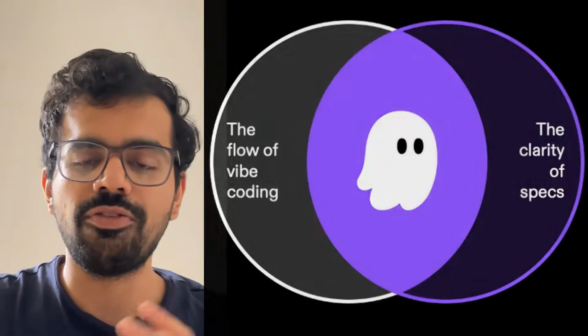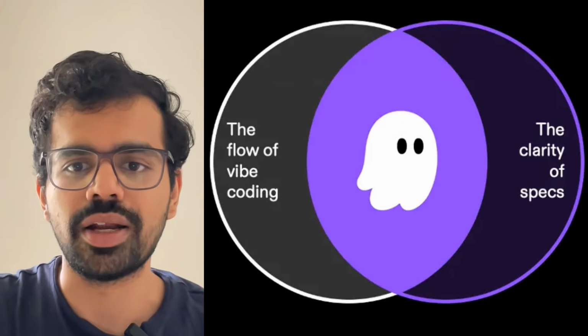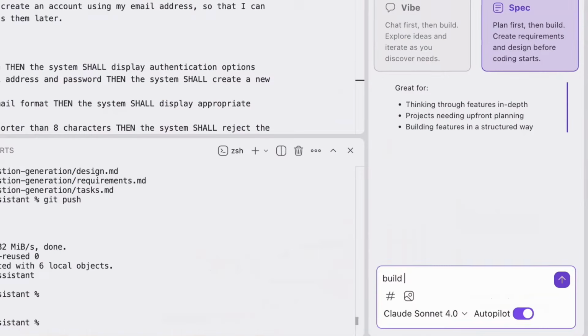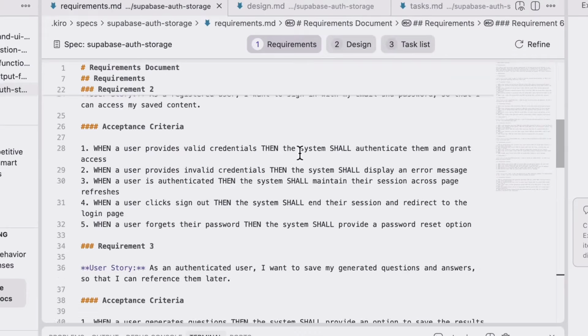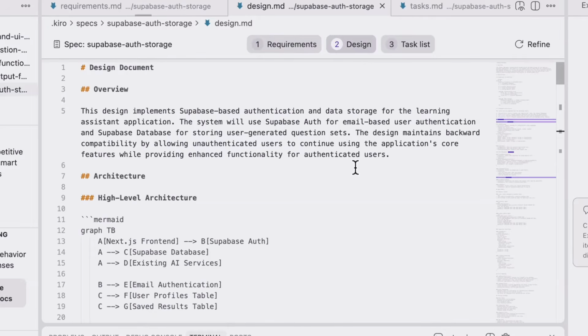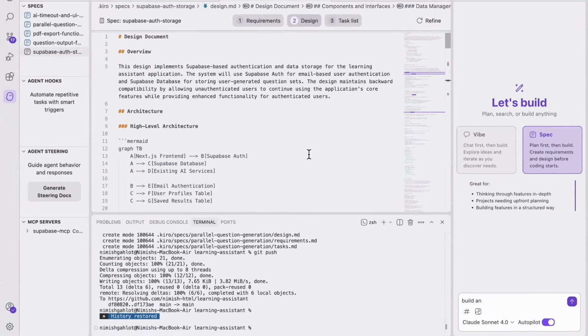So let's get started. First up, what's Kiro? It's an AI powered IDE, very similar to Cursor or Windsurf. It's based on Vim, and one thing that it does better than anyone else is spec driven development, where in the first step you define what you want to build out, and then it makes a very detailed plan of all the specifications of every feature that needs to be there,